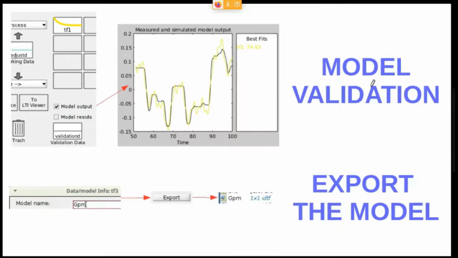Well, now let's go to the model validation. Remember here we have the adjust dataset, but now we will check how good is the model for a new dataset. And this new dataset will be the validation 1. Remember, validation D with the means removed, right? So if you tick in here for the model output and you have this validation data in here, a new